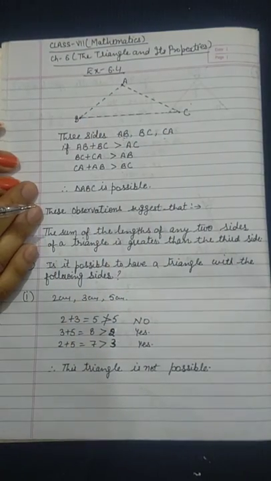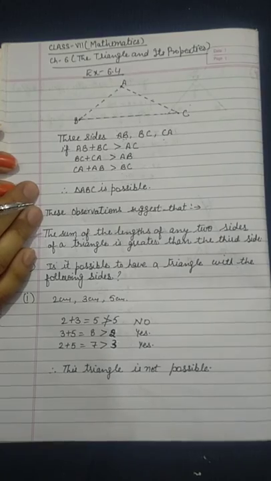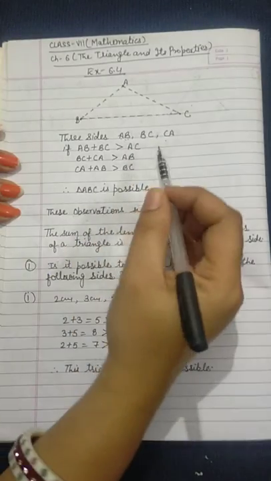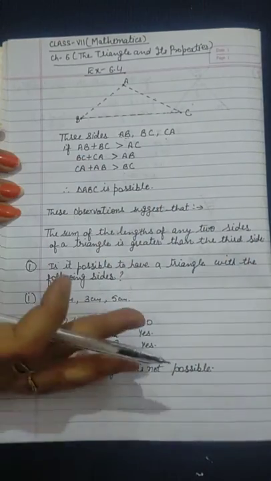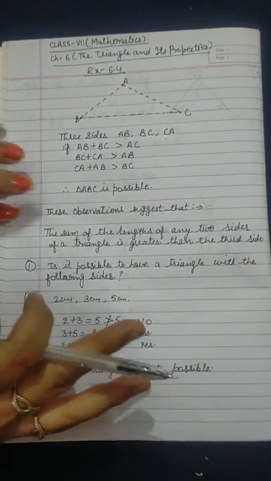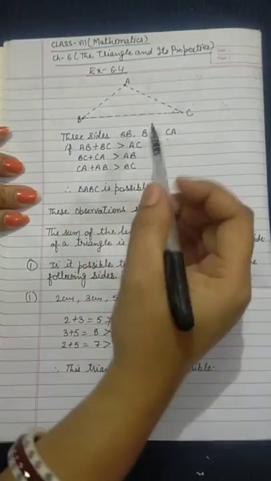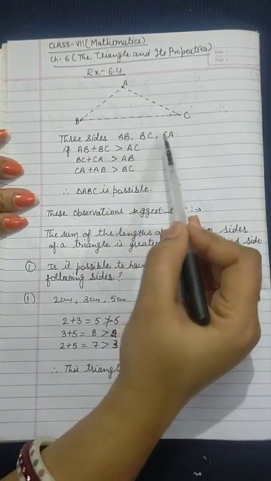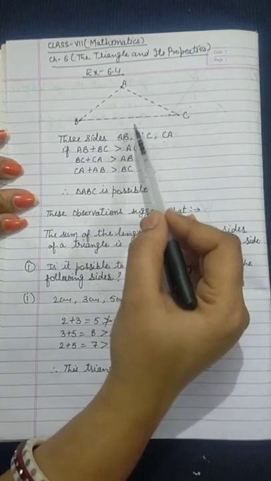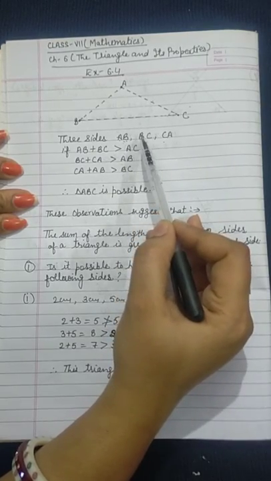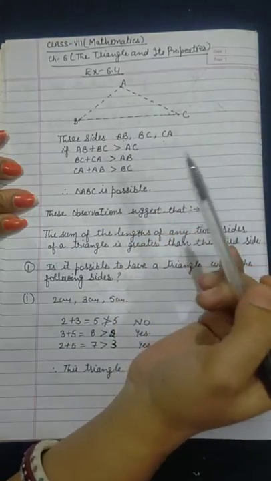In this exercise, I will explain one more criterion to you, and we will observe whether the three sides given to us form a triangle or not. See here the criterion. We have three sides, and turn by turn we will add two sides and check whether their sum is greater than the third side or not.